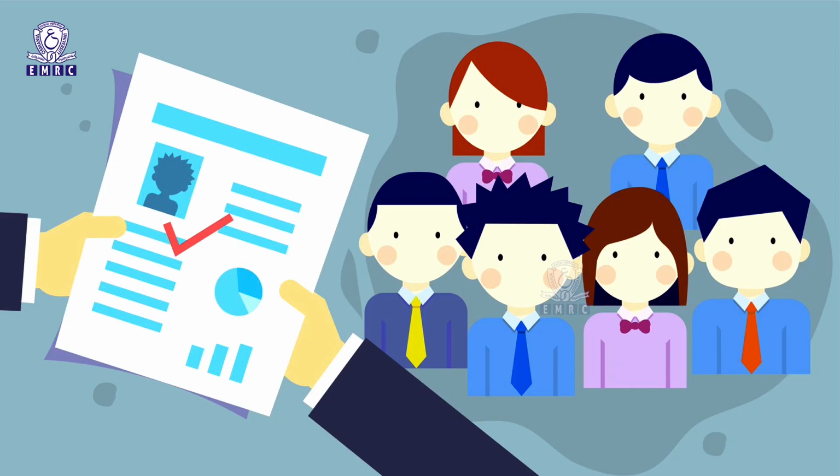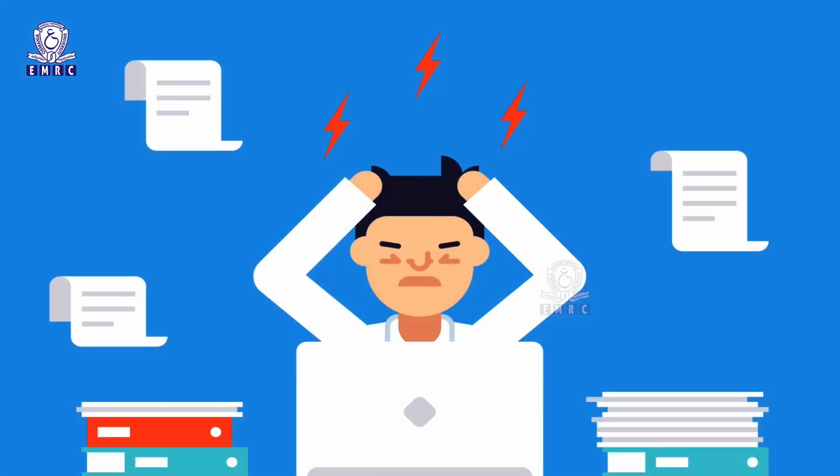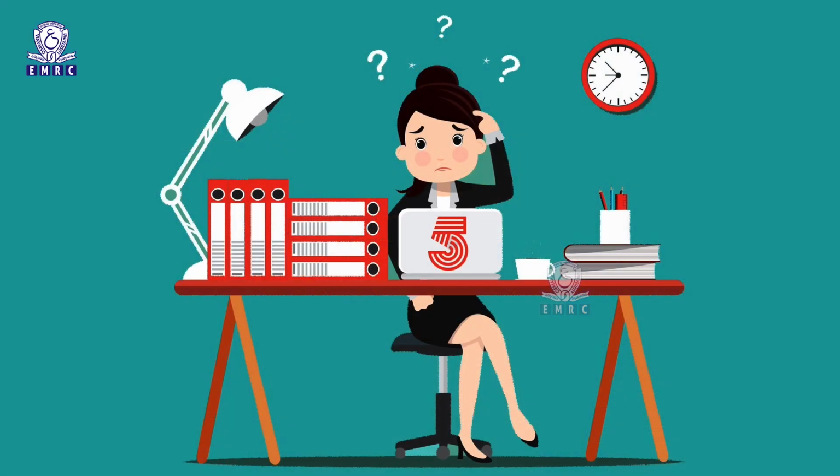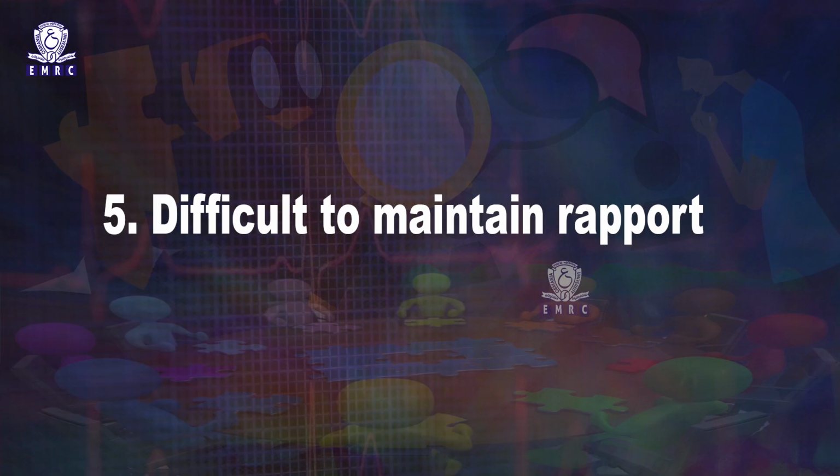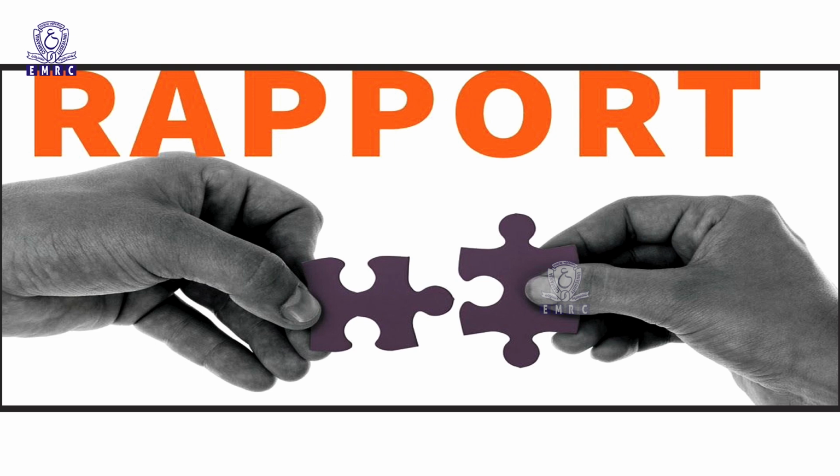The results are not examined readily because at times a tired and anxious examiner may fail to give proper attention towards the results. So, due to lack of good and proper attention, the results are highly affected. Difficulty to maintain rapport. It is difficult to maintain a rapport sometimes because it becomes difficult to control a group, especially when the group is large and orderless.